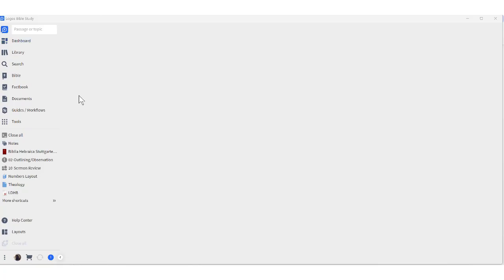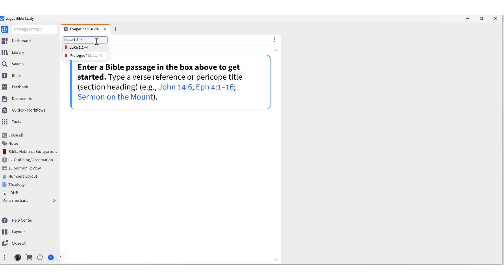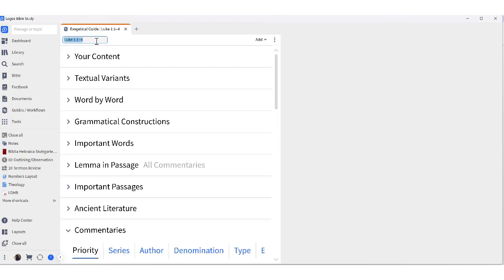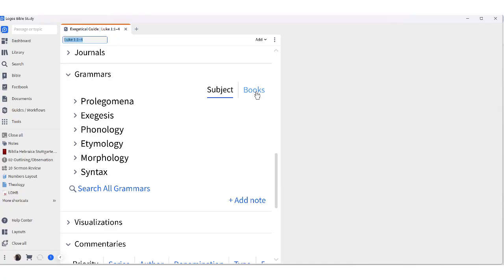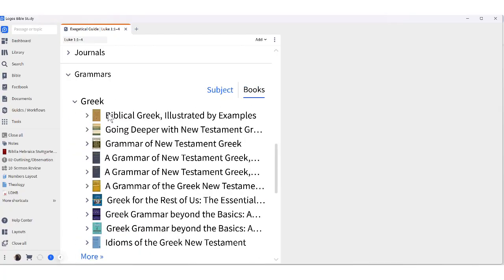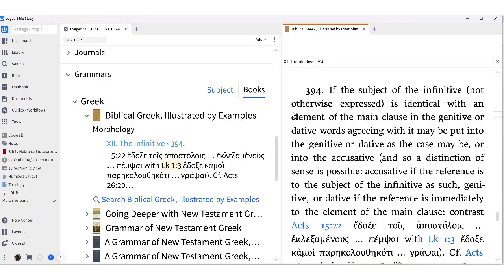Here we are in Logos Bible Software, and currently, the Exegetical Guide is great, but we can find a way for it to work better for us. But in order to do that, I've got to show you some resources that we're going to add, because as it is right now, if I scroll down and go to grammars, even if I click on books, it talks about the infinitive, it talks about my verse,